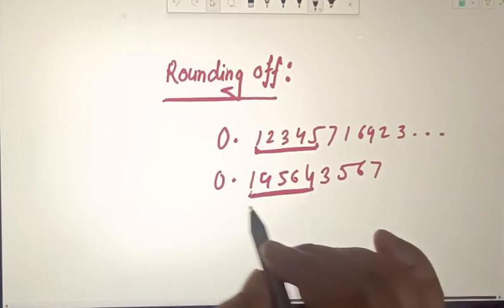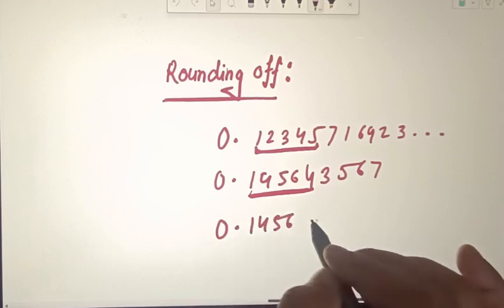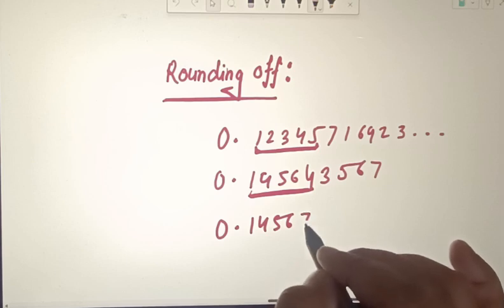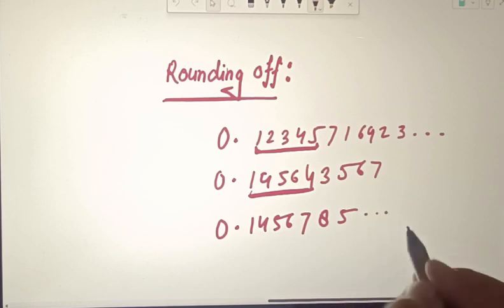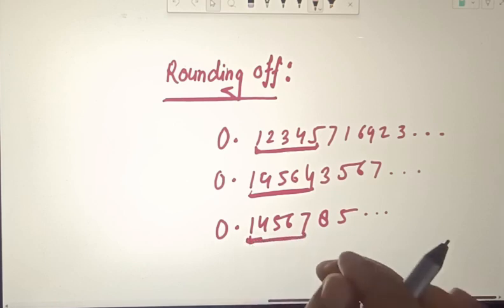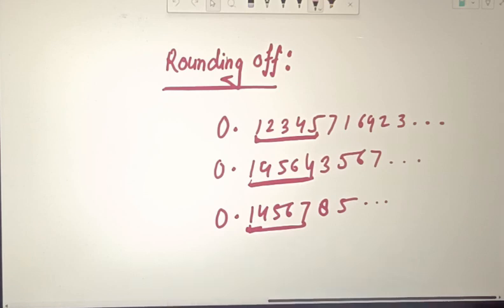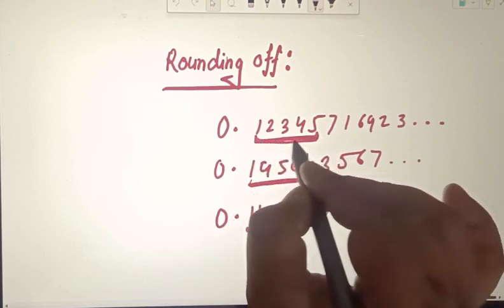And on the other hand, you have another number like 1 4 5 6 7, 6 7 and 6 7 and 8 5 and so on, and you need to round off this number up to 5 digits. So what is the process to round off such types of number? There are some rules. What is the rule? Less than half a unit. To round off a number to n significant digits, for example, we need to round off this number up to 5 significant digits,